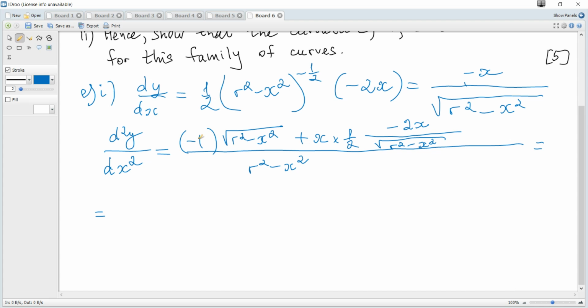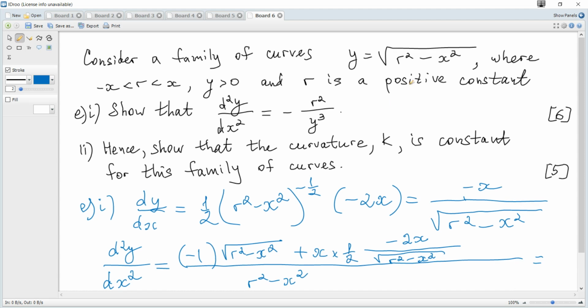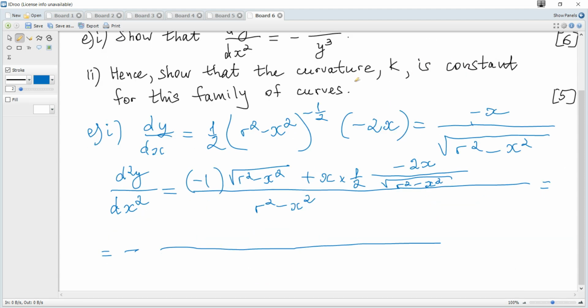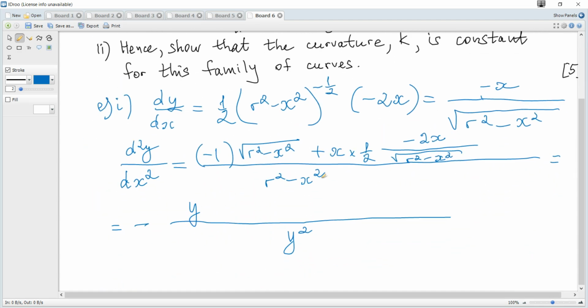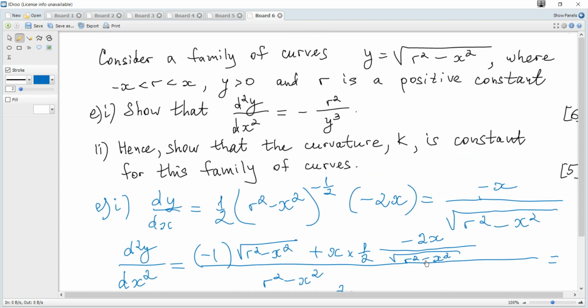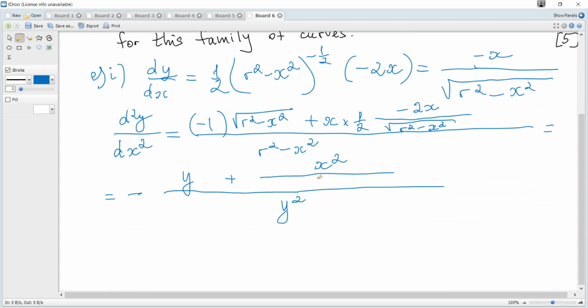You can see it becomes minus minus. Let's factor out the minus, and the denominator becomes r squared minus x squared, which is y squared. The square root of that is what? It's y. The 2 cancels, and it becomes plus, because the minus is factored out, x squared over a square root, which is y,